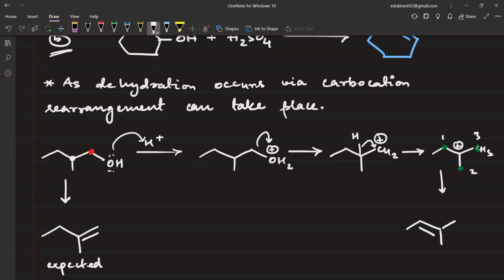But due to rearrangement and 1,2 hydride shift, this is the actual product that we get. Now please see these type of rearrangement reactions once before the test. It is not a very regular thing about CBSE examination.